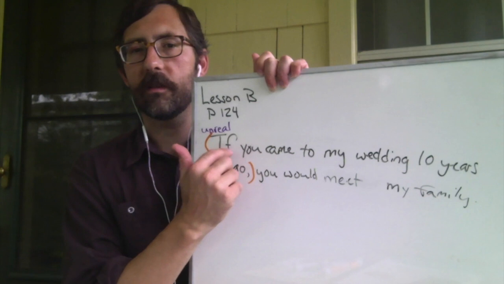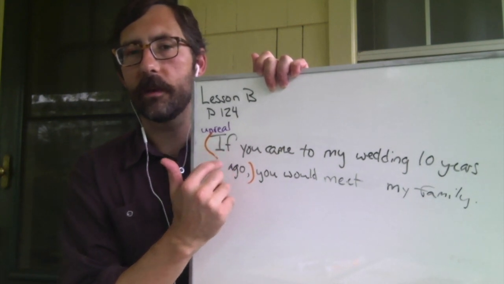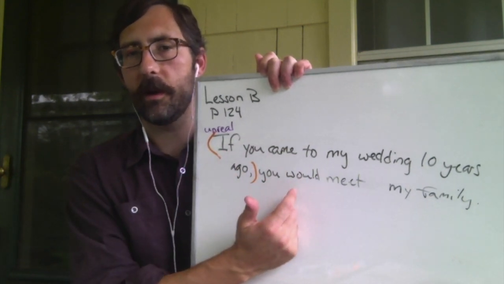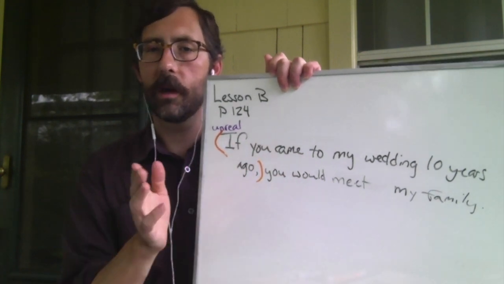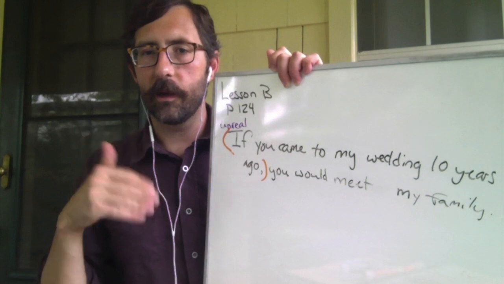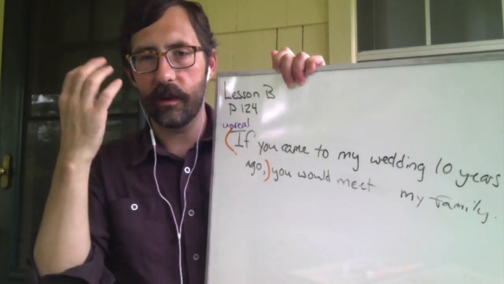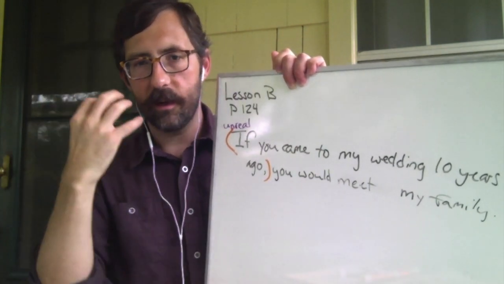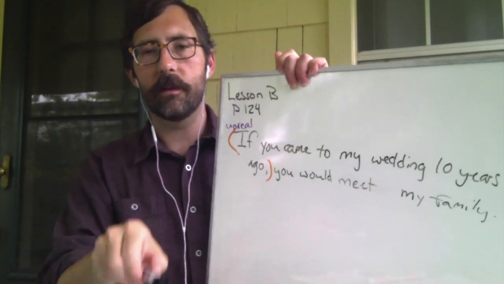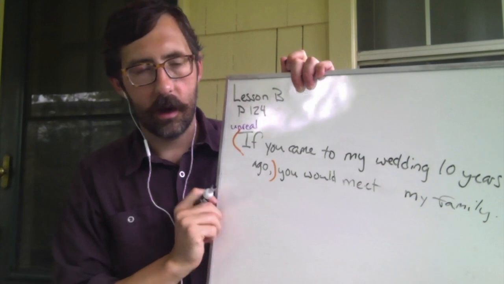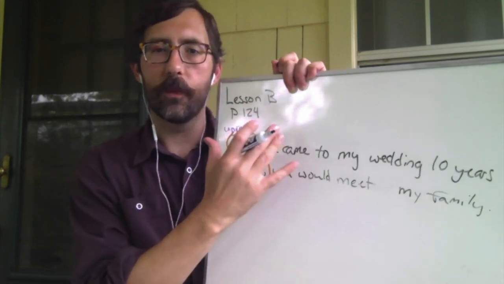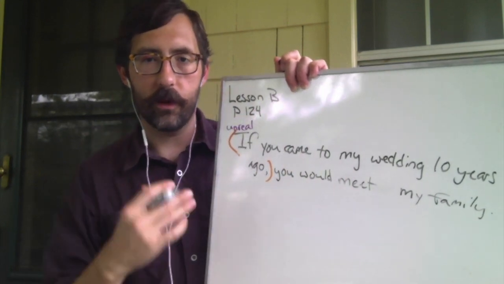So if this happened, then you would meet my family, right? But it's not possible because we cannot go back in time 10 years ago. I know I'm saying it a lot, but I'm trying to make it really sink into your mind and for you to understand. So in contrast, and how the unreal is different from the real,